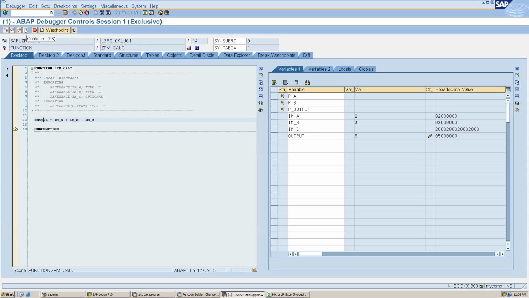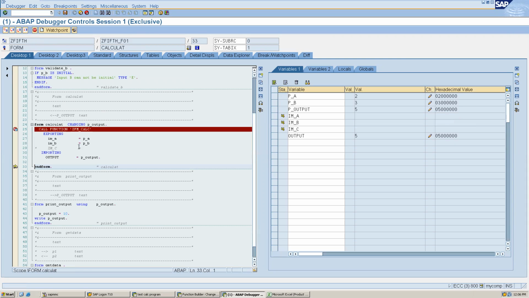And when we come out from here, for example, when we do F7, the value will be passed here, and these parameters are not applicable here, right? This is FM parameter, so it becomes deactivated. So whatever active parameter for this particular form, only those parameter values we can see here. So you can see this value is passed here in p underscore output, and p underscore output is mapped with our output variable. That's why the output is 5. So this output is not the output which is there inside the FM, but it is our global variable, right? Do not get confused.